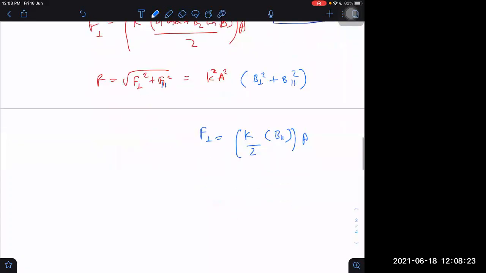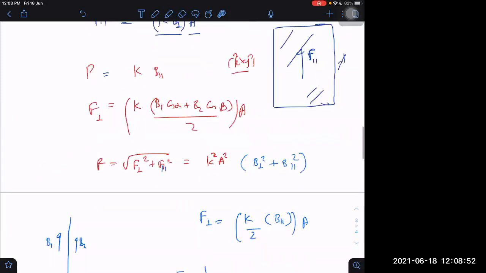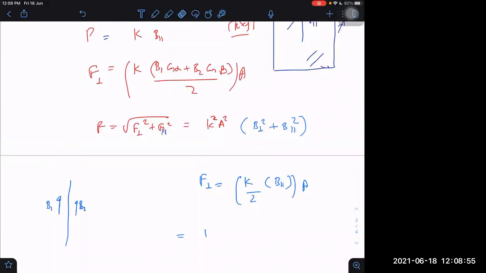What is the k value? If on one side the parallel field is b1 and on the other side it is b2, then I told already that the difference of these gives us f perpendicular, which is k b parallel into area. By 2 is not there. I saw by 2 and I wrote it, but it is itself equal to b parallel, right? What is the k value, by the way?